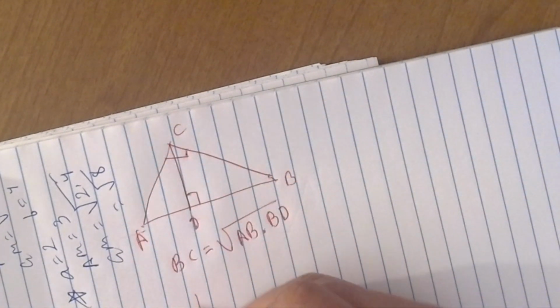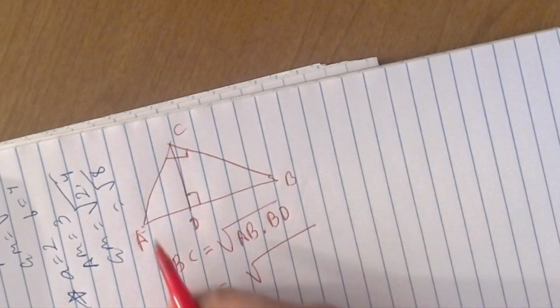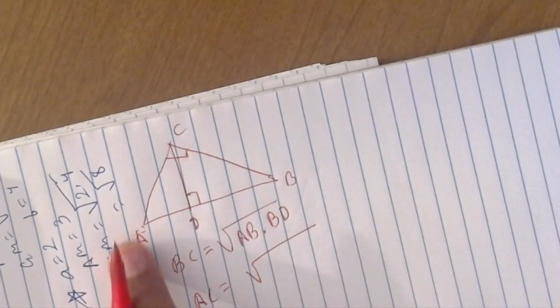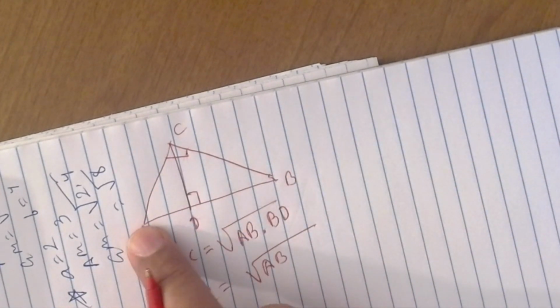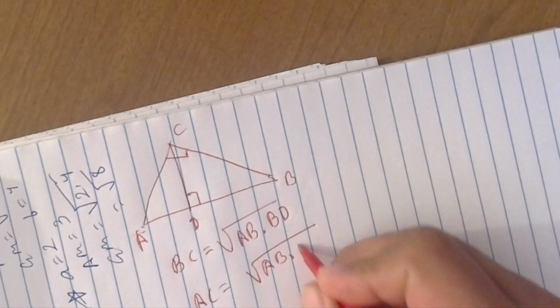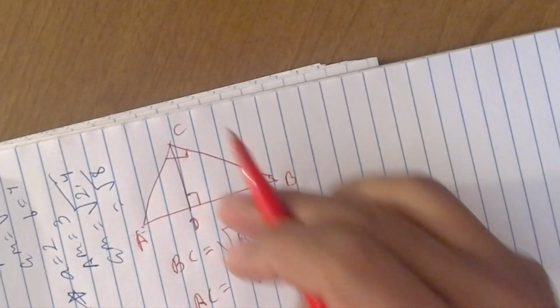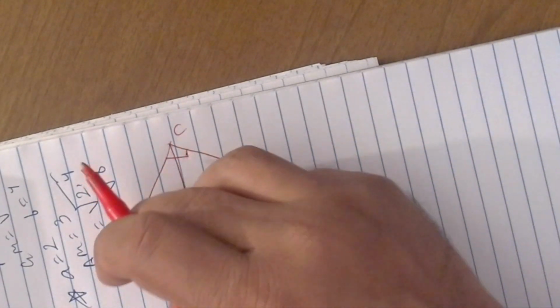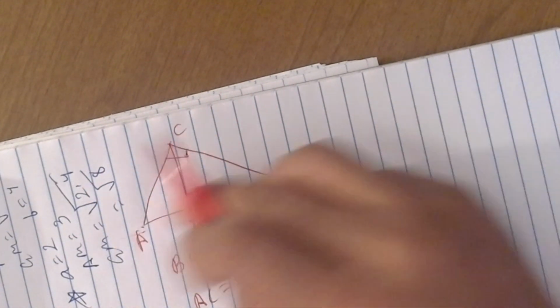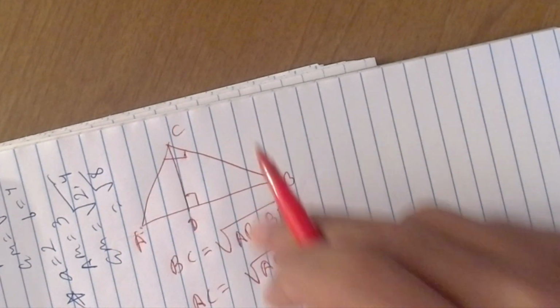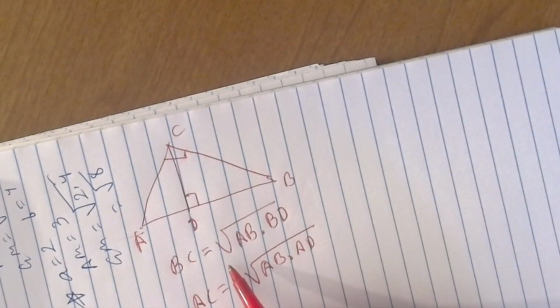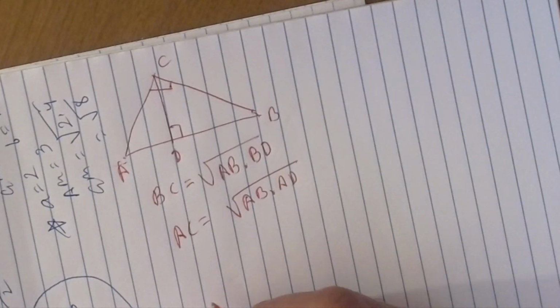Similarly, when you take AC, AC is another leg. AC will be equal to AD, this small thing. First you take the full hypotenuse, which is AB. Here also it is AB, and the segment is AD. So in case of BC, it is BD into BA. In case of AC, it will be AD into AB. So this is the geometric mean. This is what the theorem says. It is very easy to prove this theorem. Let's quickly prove this theorem as well.